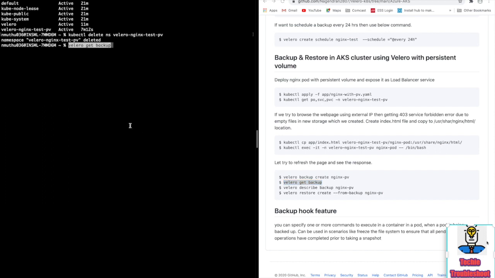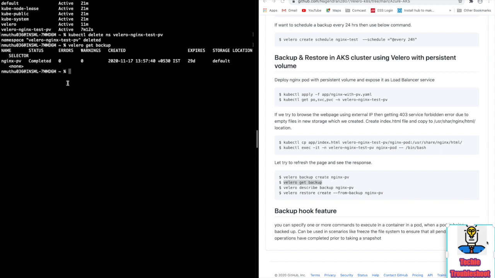We can list the backup files, how many are present, using the velero get backup command. So no resources found because we have removed the namespace.